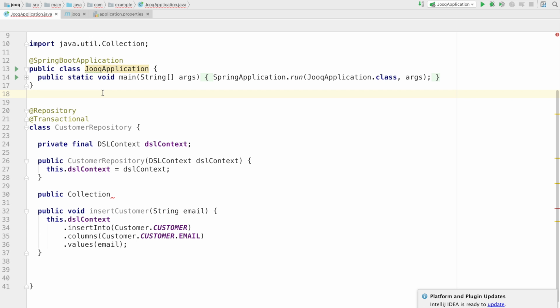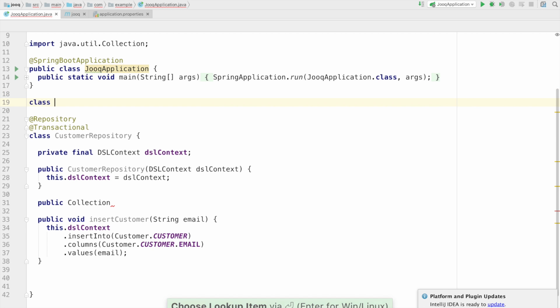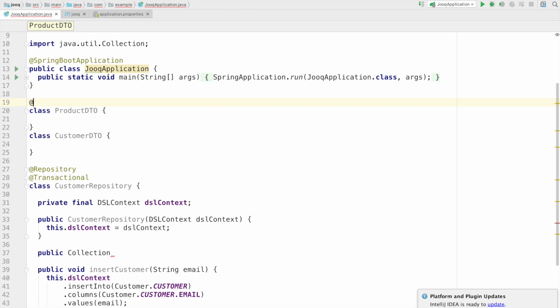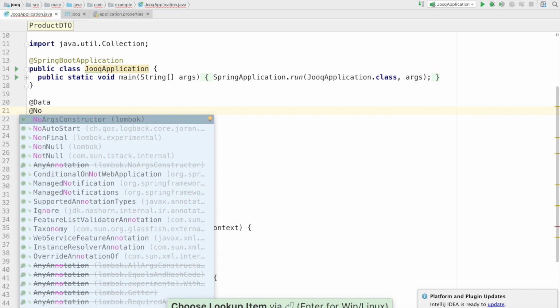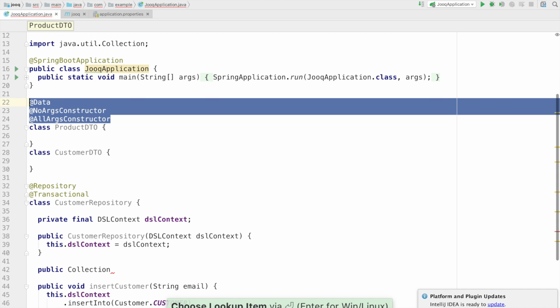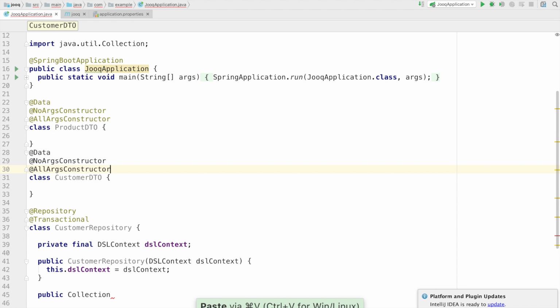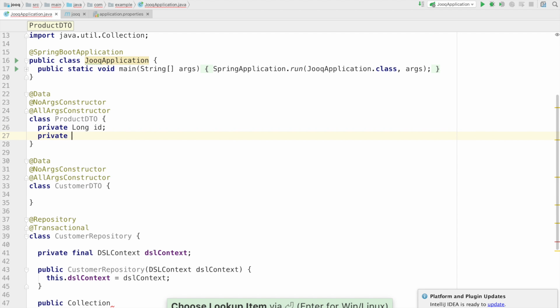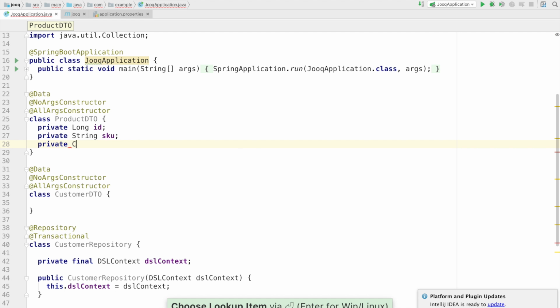So what we need is a client-side representation, or DTO here. So I'm going to say customer DTO. I'll have another class product DTO, and we're going to make these a Lombok no args constructor, all args constructor. So that'll give us some constructors, a toString method, equals, all that stuff, getters and setters for all the things we create. So I'm going to say private long ID, private string SKU, private customer DTO customer,